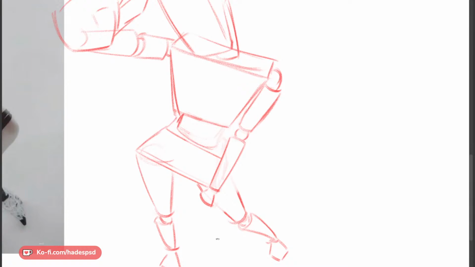I was just thinking about Tom Fox and how he draws these mannequins so fast. It's actually really impressive. As you can see, it takes me really long to draw this way. That's why I always draw with gesture first.